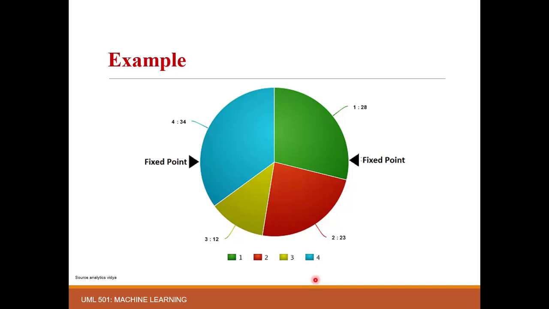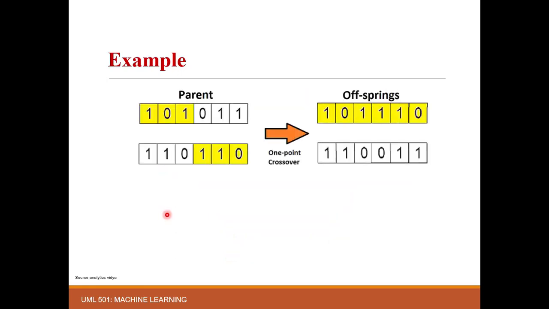So for selecting the two individuals for mating in your crossover phase, we fix 2 pointers on our board and rotate this wheel. When the wheel stops, the areas the pointers point to are selected, that is, the individuals pointed by these fixed points will be selected for mating. Here I have selected these two parents using our roulette wheel selection method.